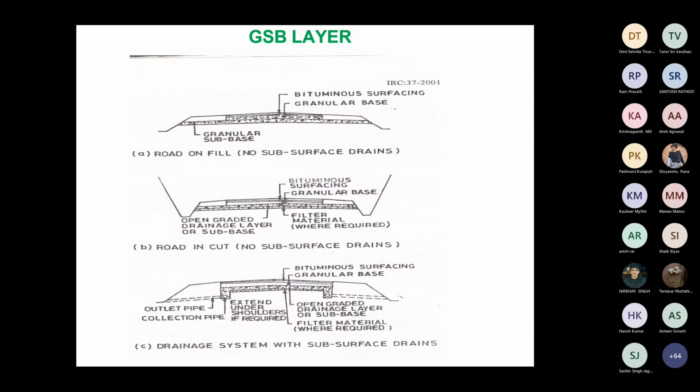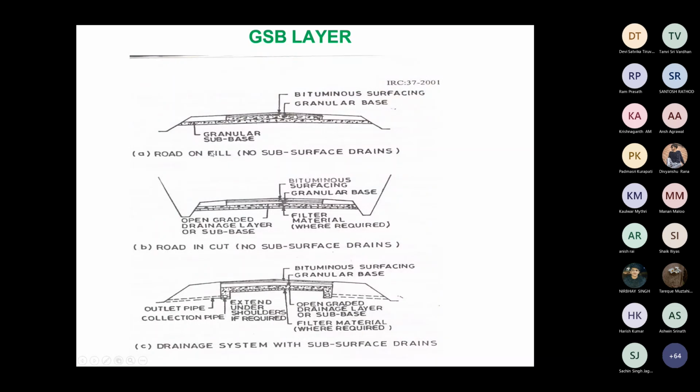As one of the main purposes is drainage, you should make sure that this granular subbase is extended from drain to drain. Other layers, like the base or bituminous layer, can be up to the pavement or the carriageway, but the granular subbase, beyond the shoulders, should be extended from drain to drain.